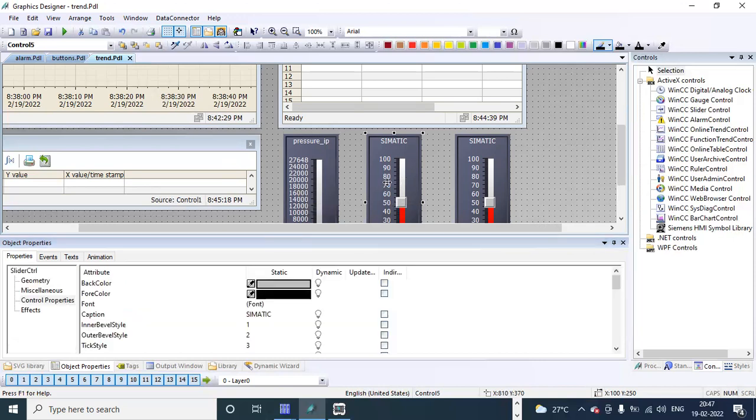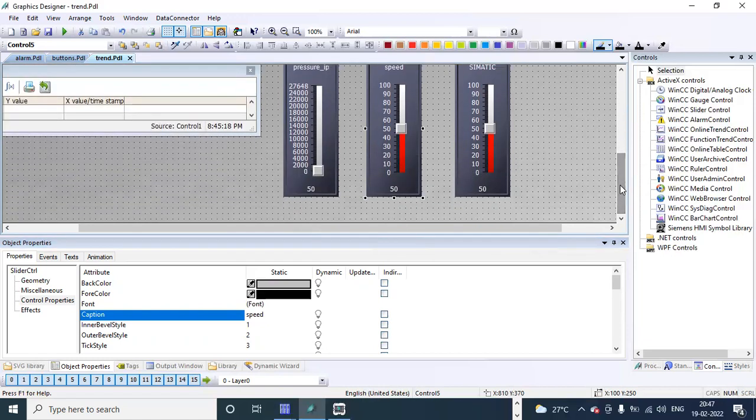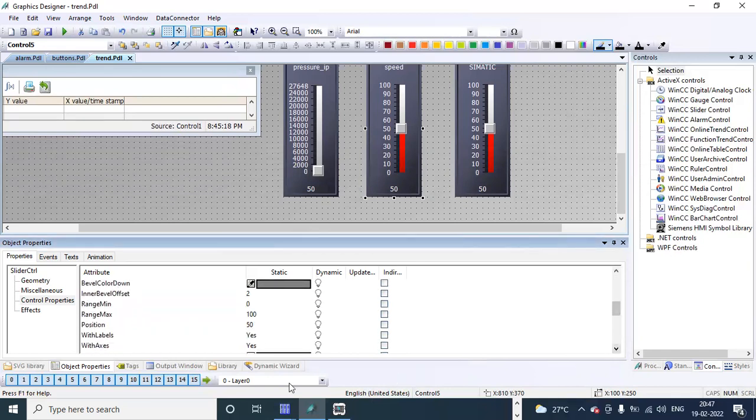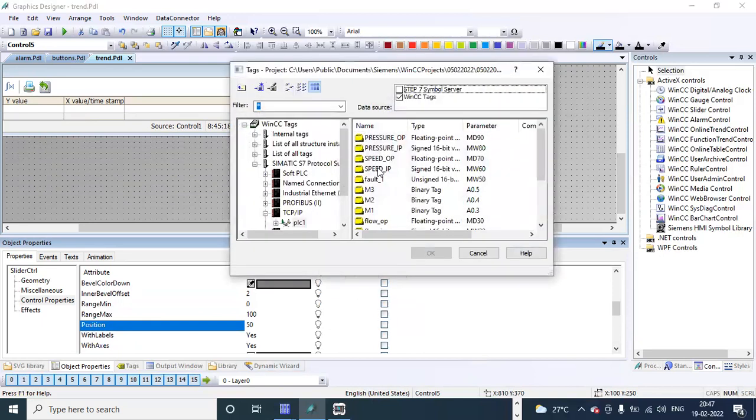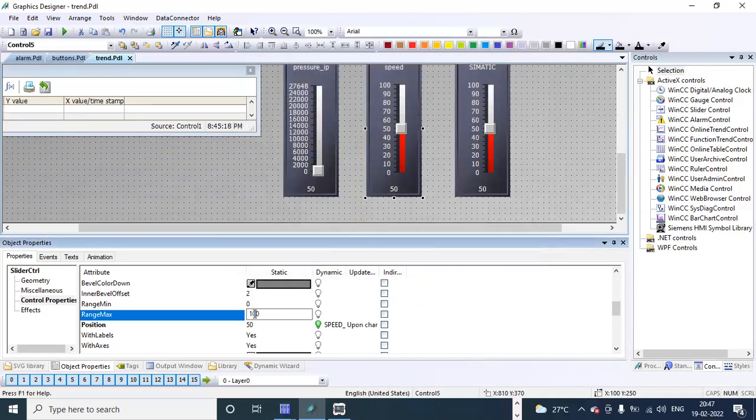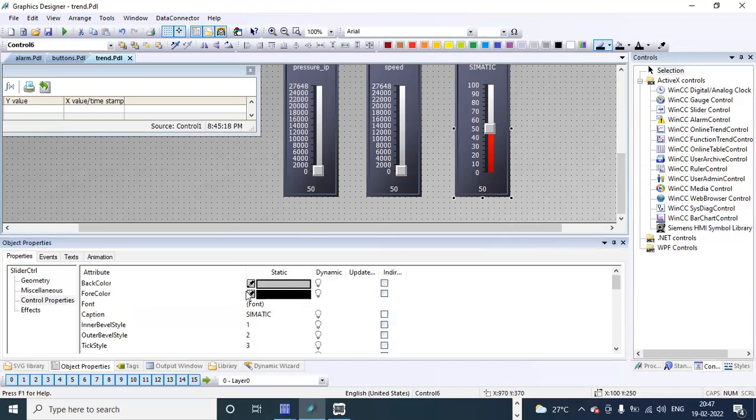So similarly here also for the next one, speed. For this one also need to change. Tag speed input, maximum value 27648. Okay. Then similarly for the third one, this is here flow.